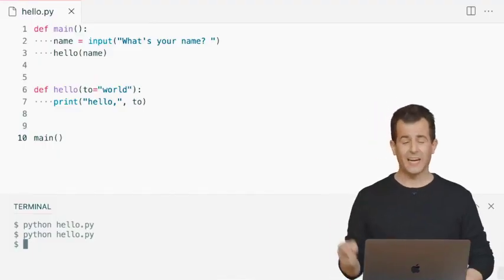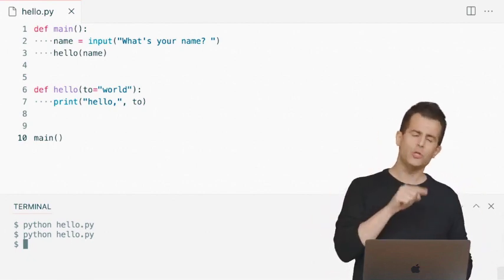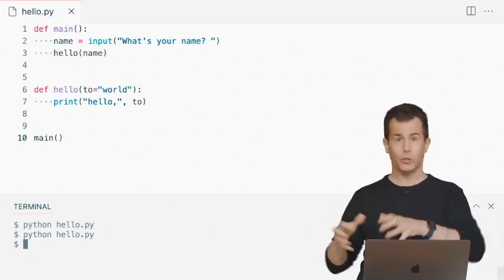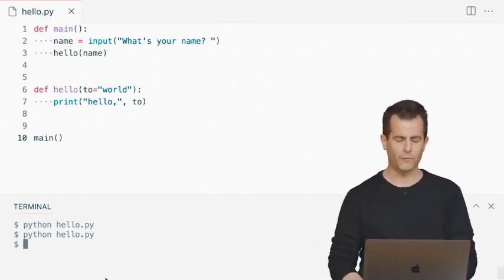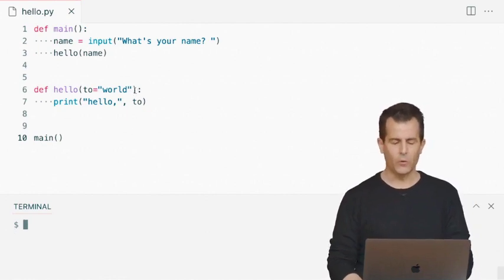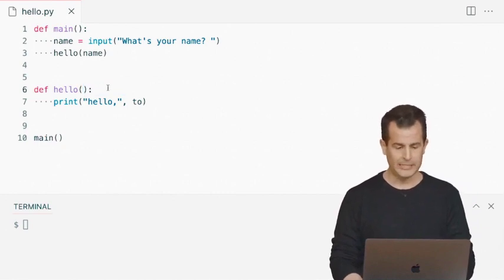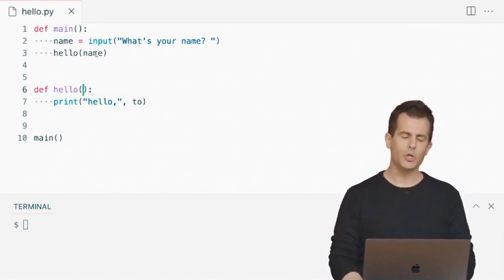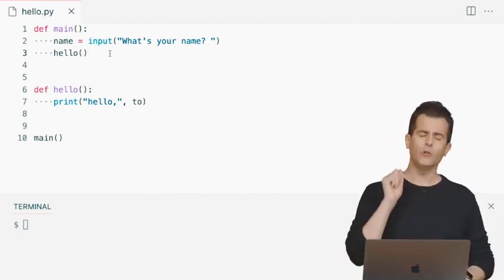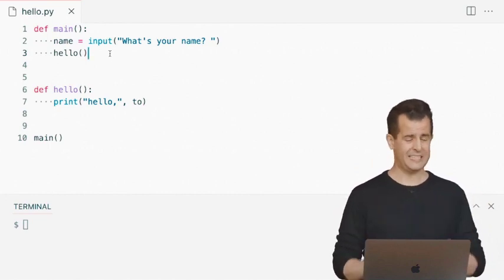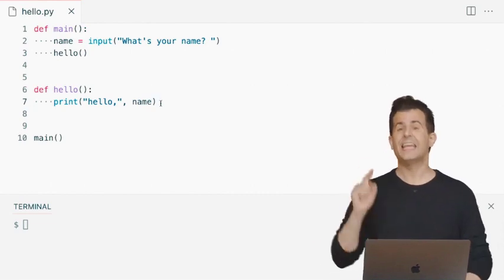Now, it's important to note that I defined my function hello as taking an argument to, and then I passed into that function the value of the variable that I wanted to say hello to, that is the variable called name. Because suppose I had done something a little bit differently. Suppose that I hadn't defined hello as taking an argument, so I just remove mention of to and its default value world, and I go back up to my main function and I just call hello itself without passing in any arguments. And now let me go ahead and make one more change, one more mistake technically. Let me go ahead and just try to naively print out the value of name in the hello function.